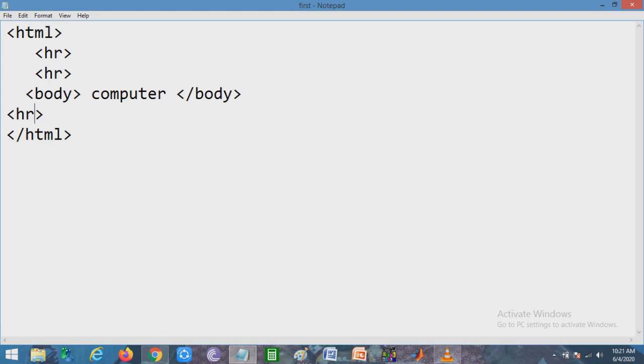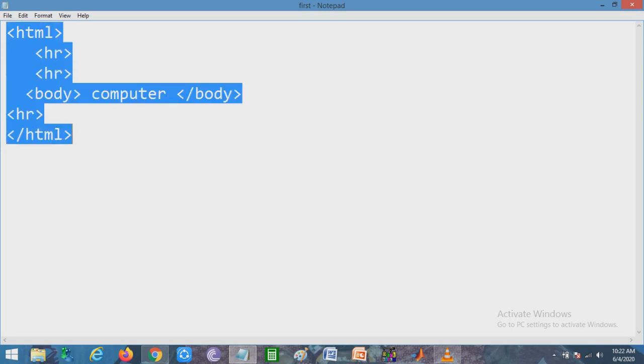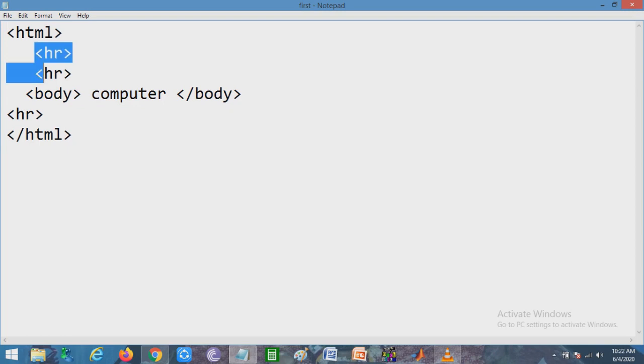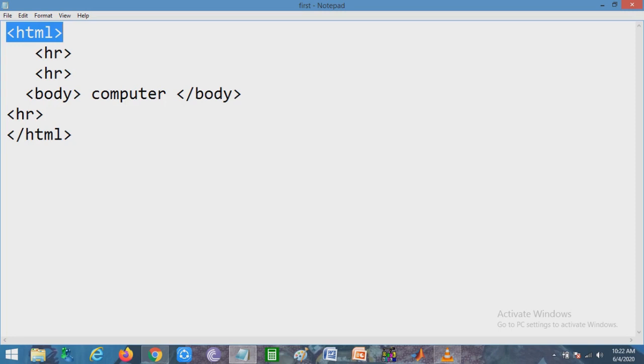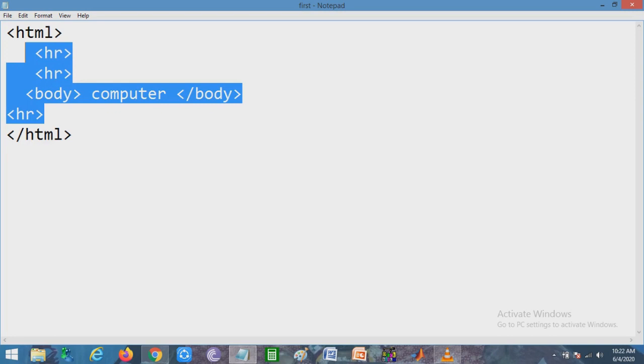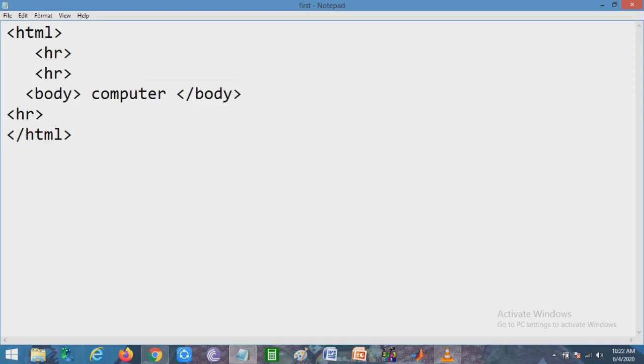So already you have learned how to save the HTML code. Now we are using the BR command. So what is the BR command? Already you know. Look at the comments here. All the code we are using here, we have written inside the HTML start tag and end tag. So whatever you are using, you have to use in between these two tags. Now we are using the BR tag. Look carefully to understand.